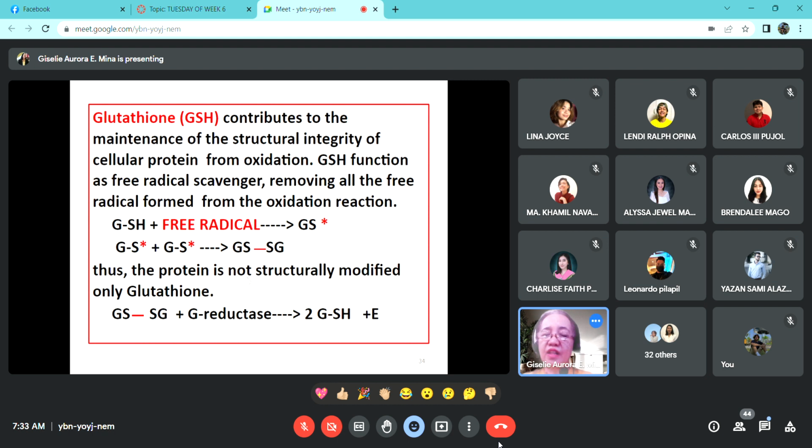So for as long as you have the enzyme that synthesizes glutathione, this peptide hormone, you have a free radical scavenger. For as long as you have the enzyme glutathione reductase, you will always recover this glutathione from the oxidized GSSG. But take note, this enzyme that synthesizes glutathione and this enzyme glutathione reductase are already within us since birth, and they are busy working, especially nowadays, 24 hours a day, 7 days a week, 365 days a